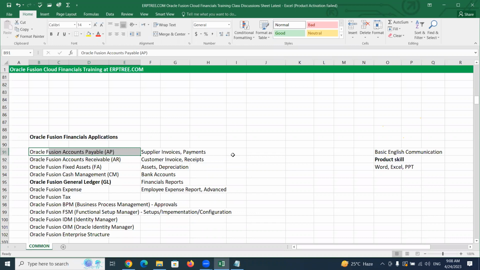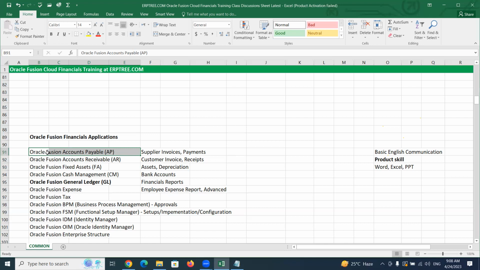That's all. It doesn't take hours of time, though it depends on business requirement. But if it is straightforward, to make the system ready to create supplier invoices and payments, you can complete it within less than 1 hour. That's how you can go and set up. So once that is set up, you can create the supplier invoice and payments.